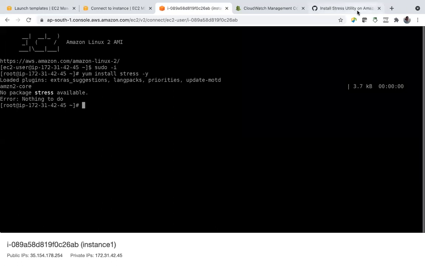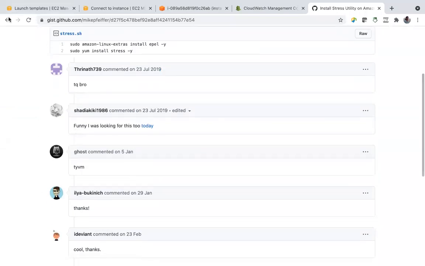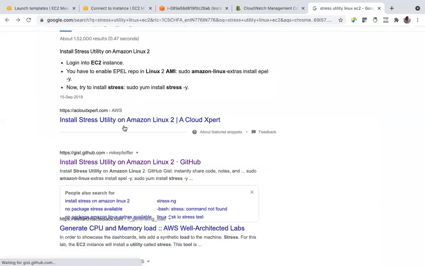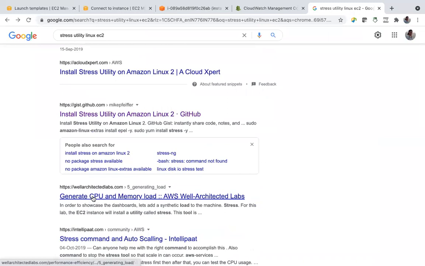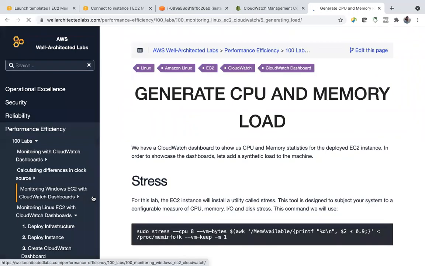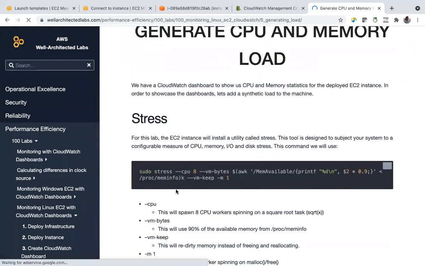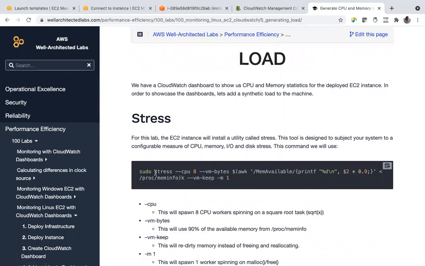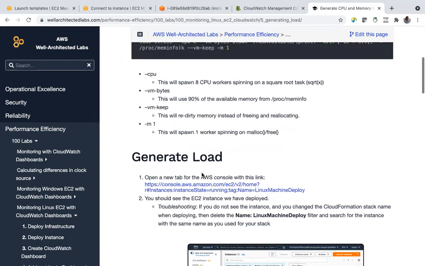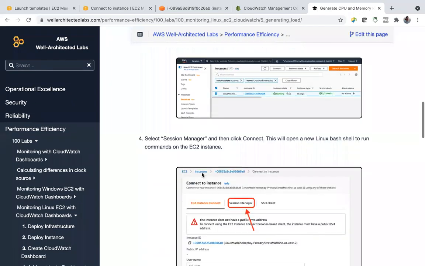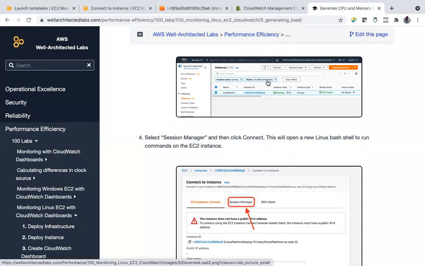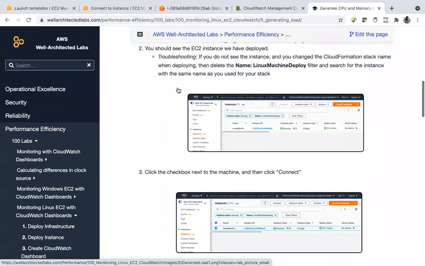So let us use the stress command now, and see, you can check, generate CPU and memory load. So this is the command, and you can see what it does. It induces stress and it generates load. So you can go through this.